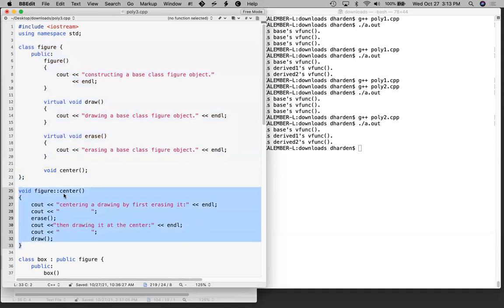And the function named center calls erase to erase the figure, and then calls draw to draw the figure back again. Anybody want to ask a question about any of that? So the key thing to notice here is that this function named center is calling a function named erase and